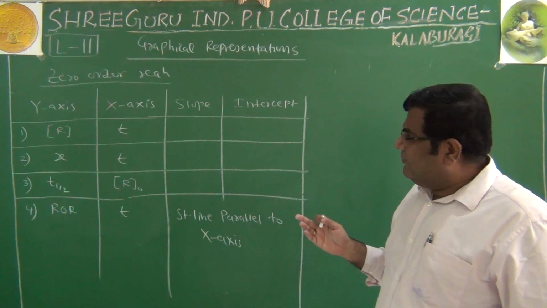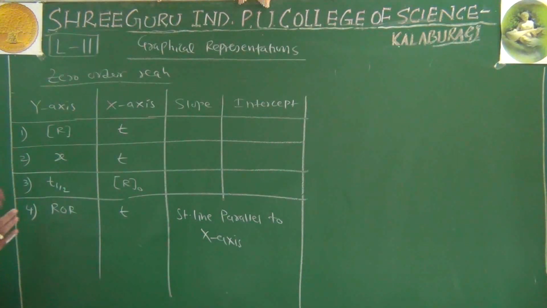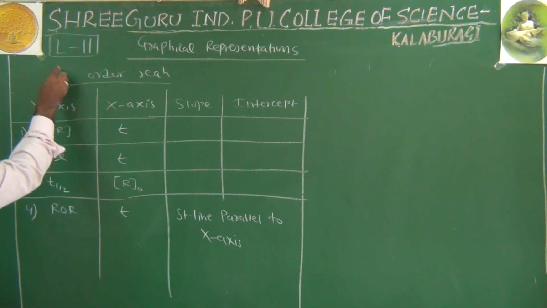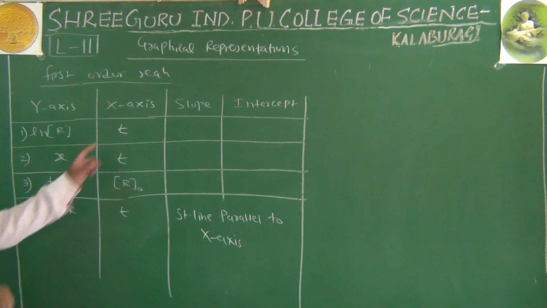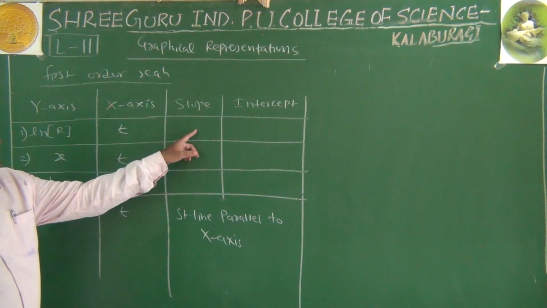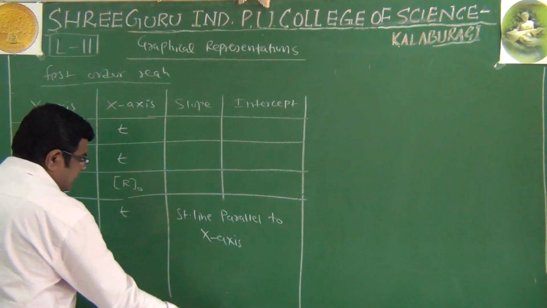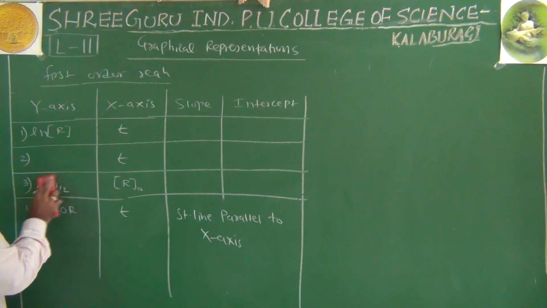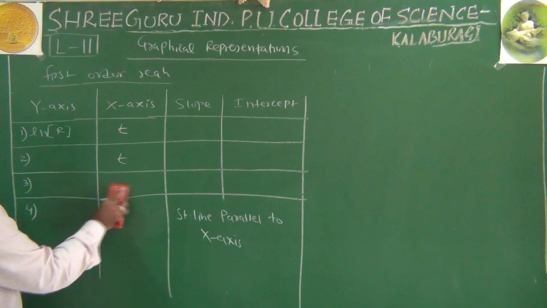Now in the first order reaction, of course you can pause this video and just make this table, because here I am writing this for first order reaction in the same graph. And what changes I will make now is the natural log of reactant concentration versus t. The slope will be negative k and the intercept will be the natural log of initial molar concentration of reactant. So this is one type of graph we have seen in first order reaction.